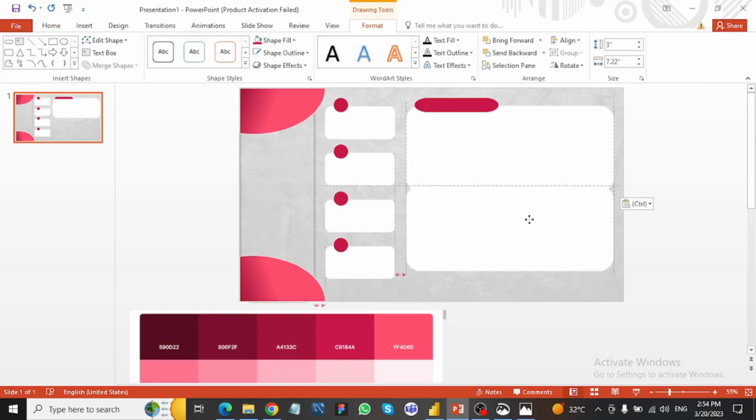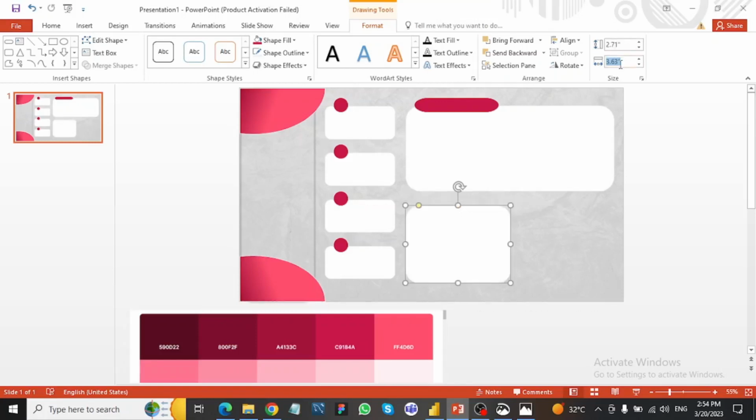Just copy and paste that for the down part. These are my bar charts. I'm going to put this so I can